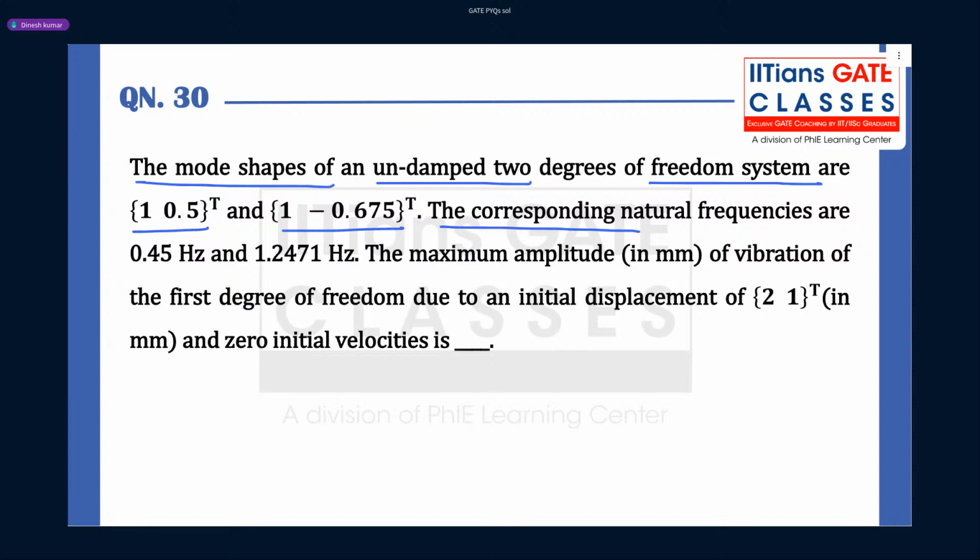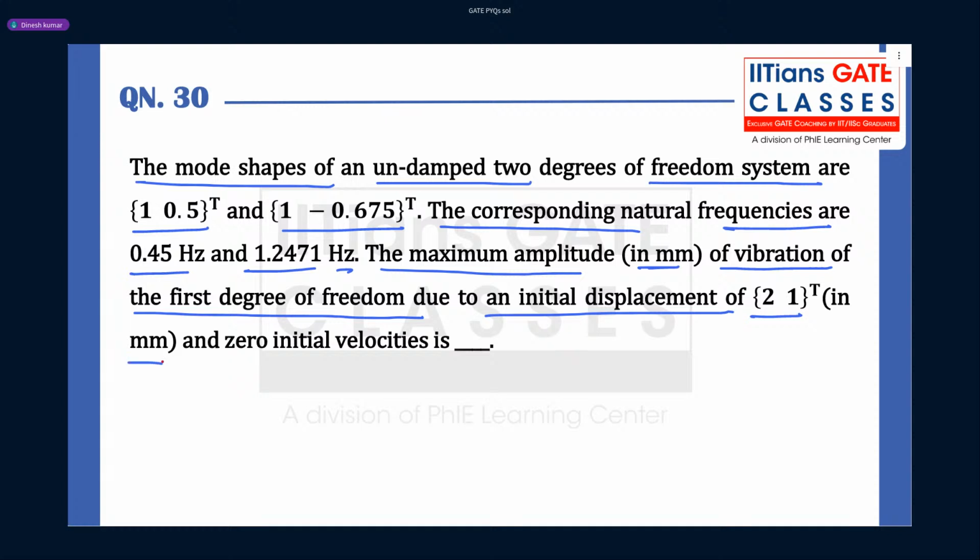The corresponding natural frequencies are 0.45 hertz and 1.2471 hertz. The maximum amplitude of vibration of the first degree of freedom due to an initial displacement of [2 1] transpose, in mm,